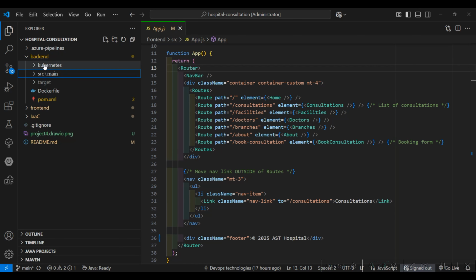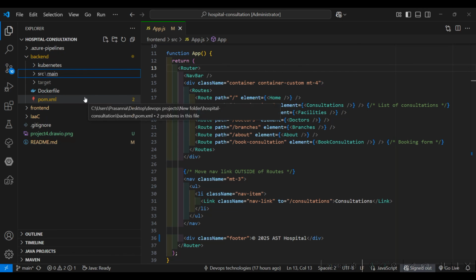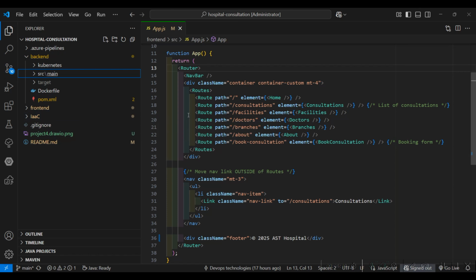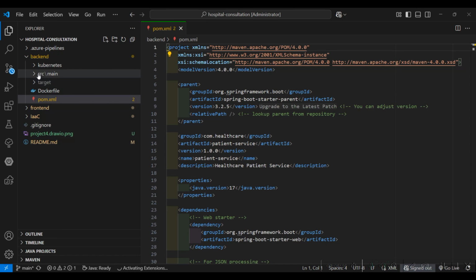Okay, I have created the Kubernetes and Docker file. So these two files I will explain to you later. Okay, so once you download that file, it will be unzipped. It will have the pom.xml. It has the src folder. Okay, so this is the pom.xml,